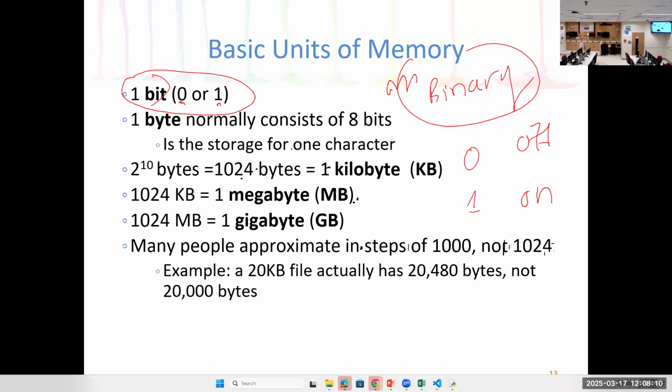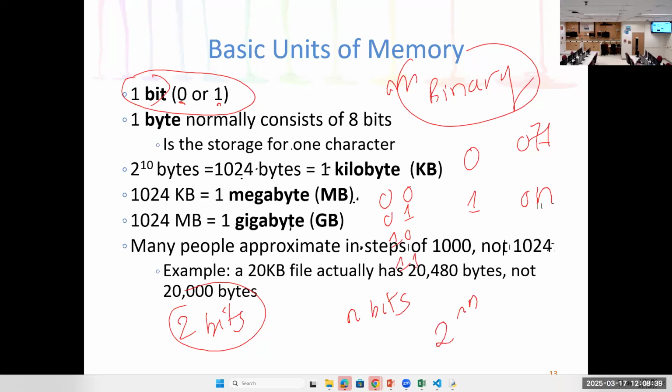Now I'm asking you, if you have 2 bits, how many values do you have? 4, right? You can have 00, 01, 10, and 11. So that's the formula: if you have n bits, in total you have 2 raised to the power of